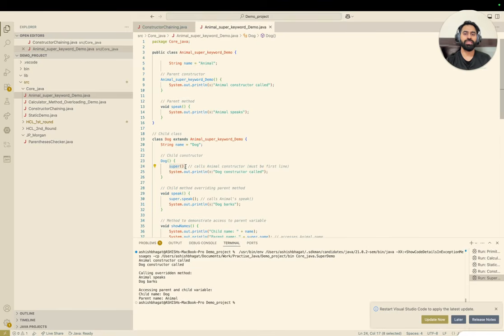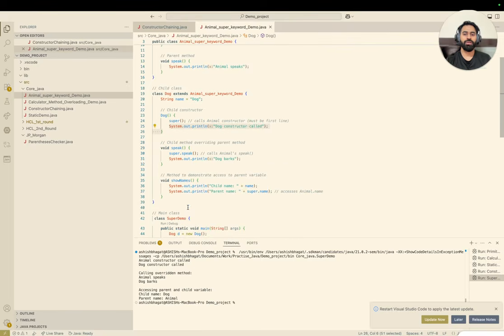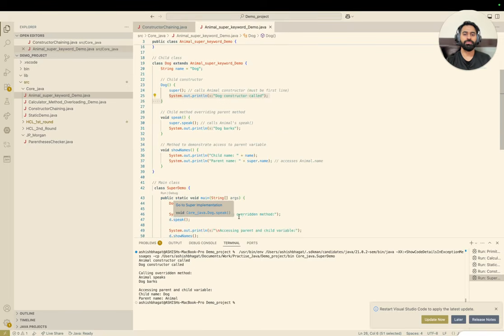It means it is trying to call the parent default constructor. So the parent default constructor is this. That's why it first printed "animal constructor called". Then again it comes back to the child class constructor, and then it prints "dog constructor called". Now it says